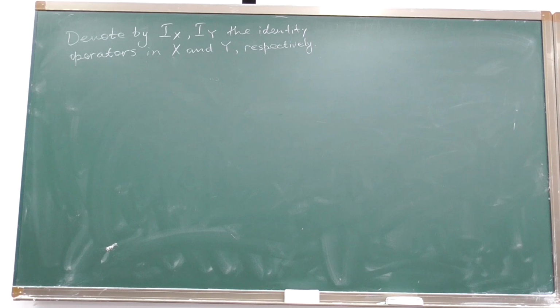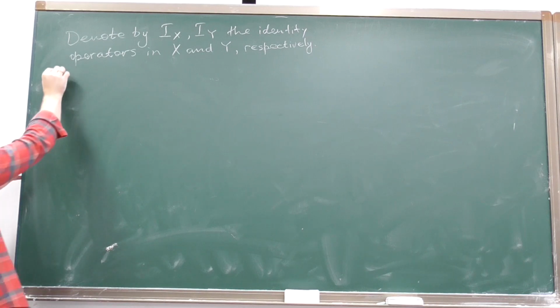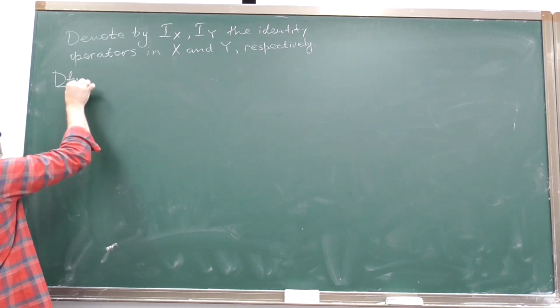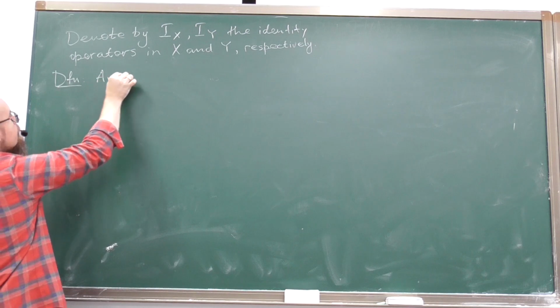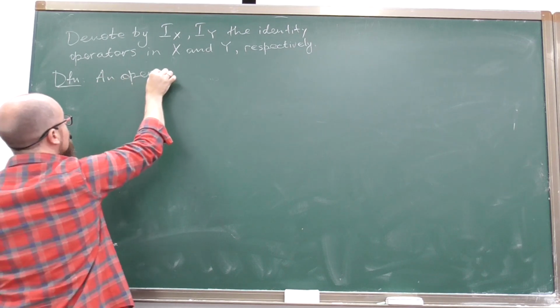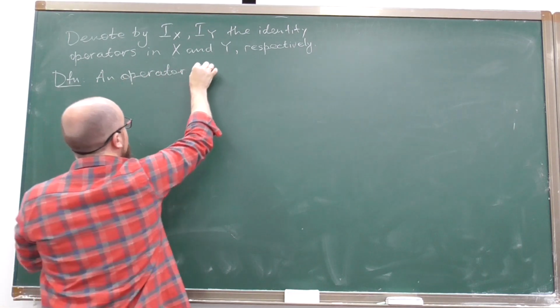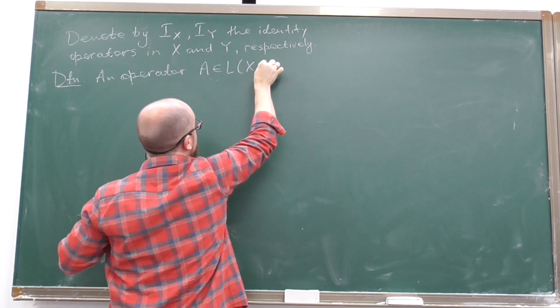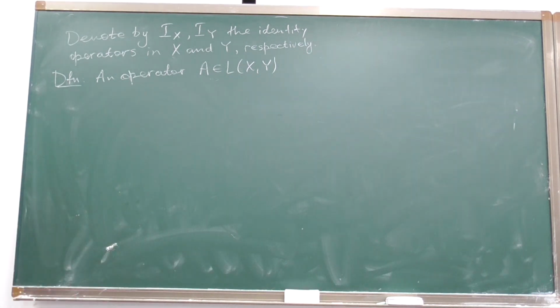And let us take an operator A from X to Y. A bounded linear operator from X to Y is called invertible